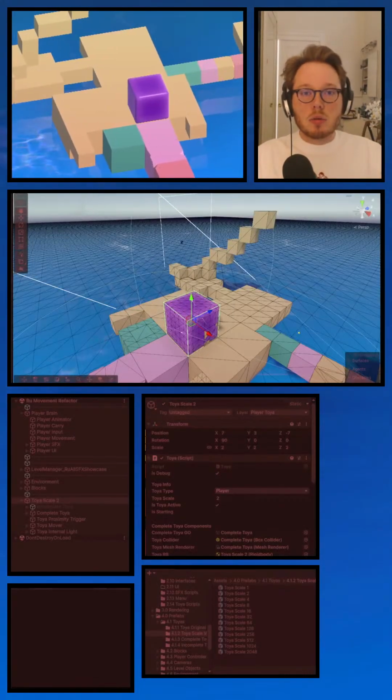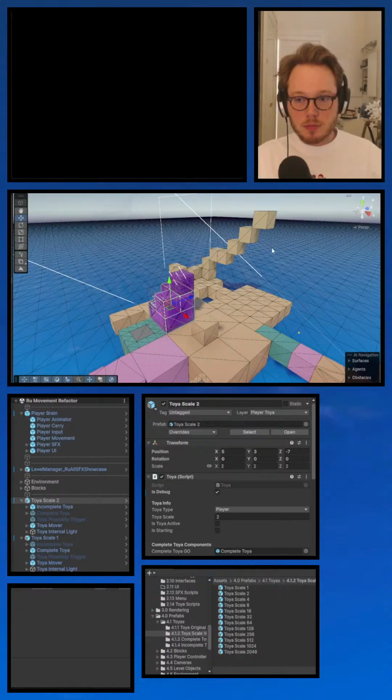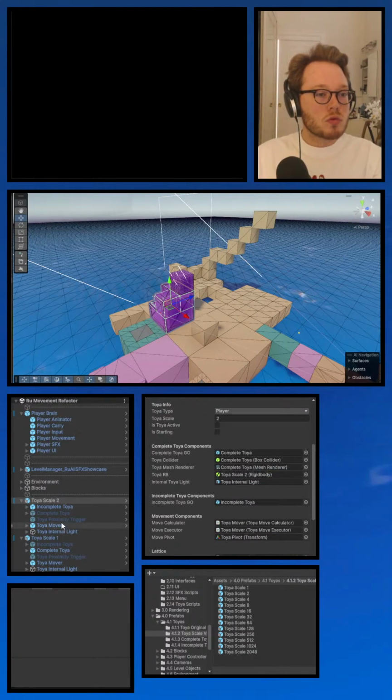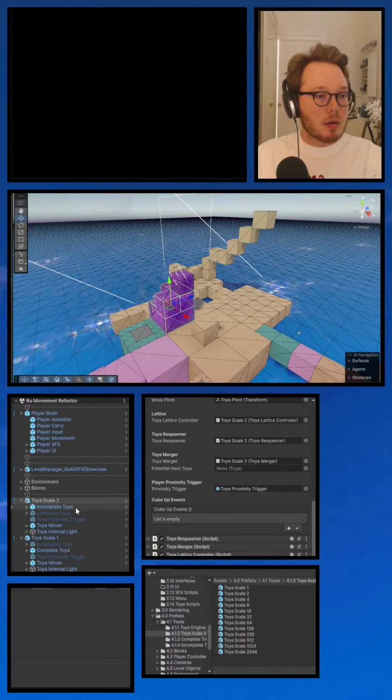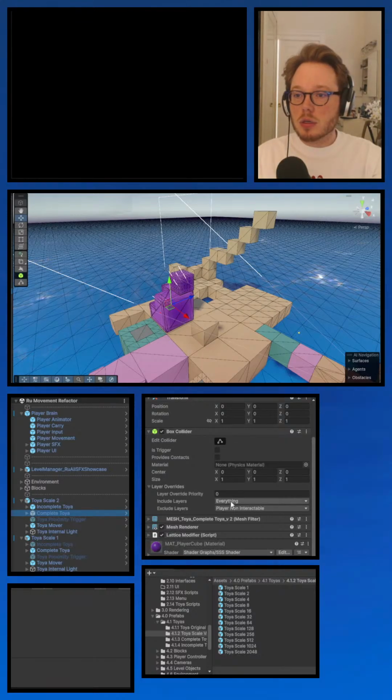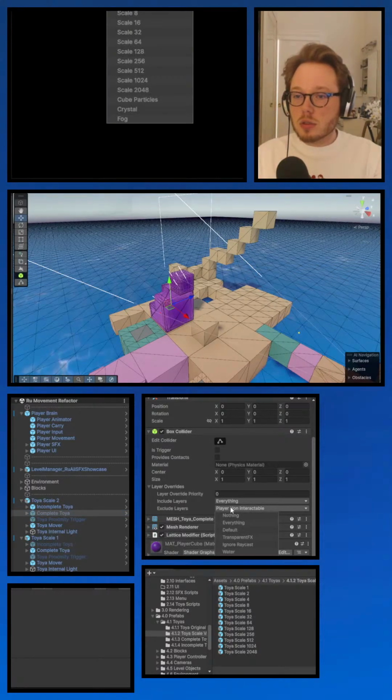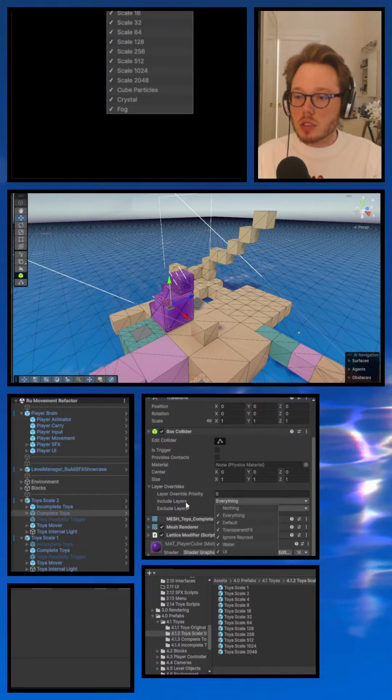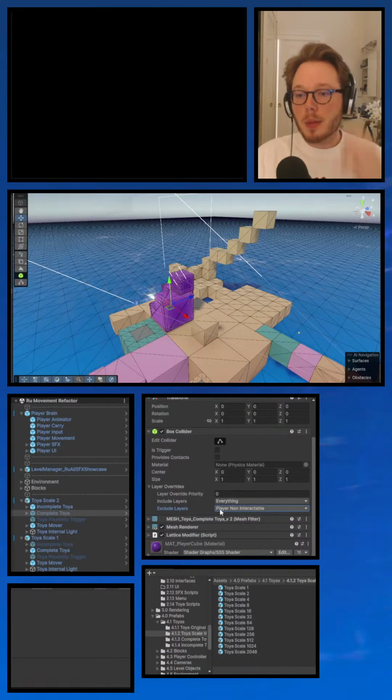Run collision enter. Maybe, let's have a look at our complete TOYA. It's excluding just plain interactable.